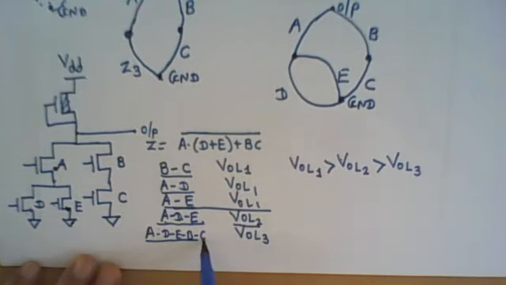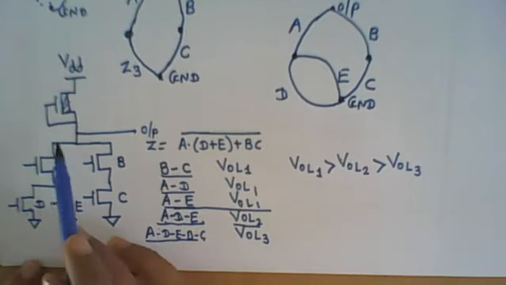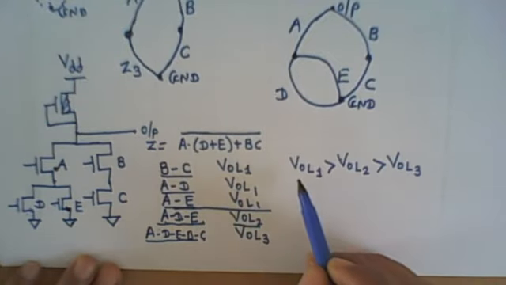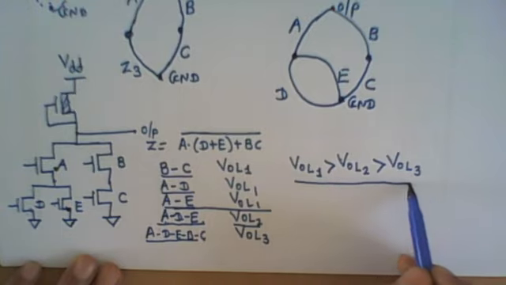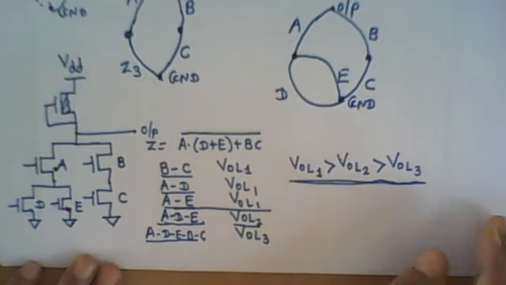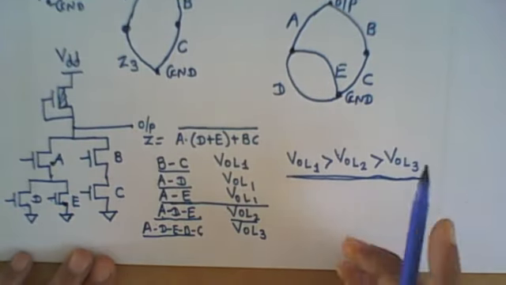And similarly, when all the MOSFETs are 1, if you find the equivalent resistance between the output and ground, it will be less than the resistance when fewer MOSFETs are 1. So it will make the output voltage even lower compared to when fewer MOSFETs are 1. Right. So this is the relationship of the output low voltage at different input signal combinations.